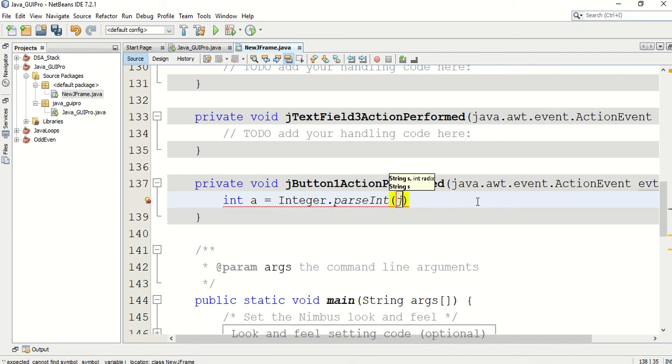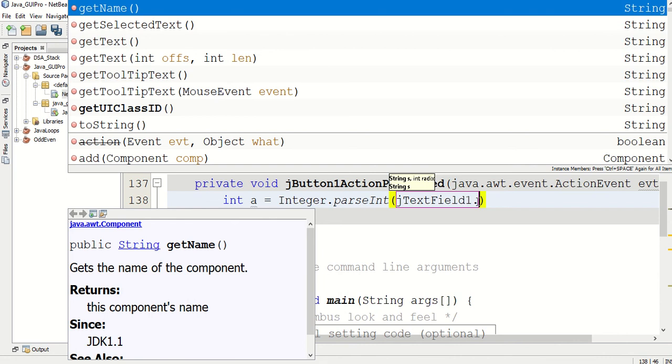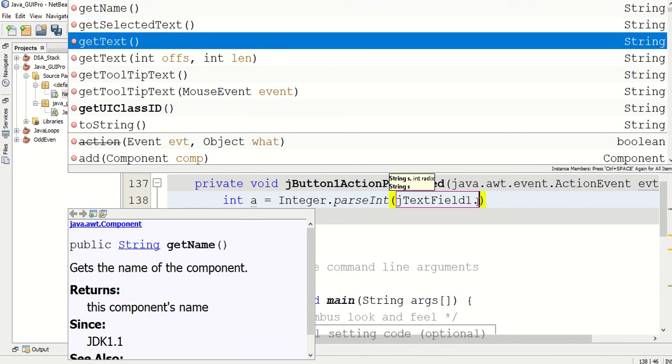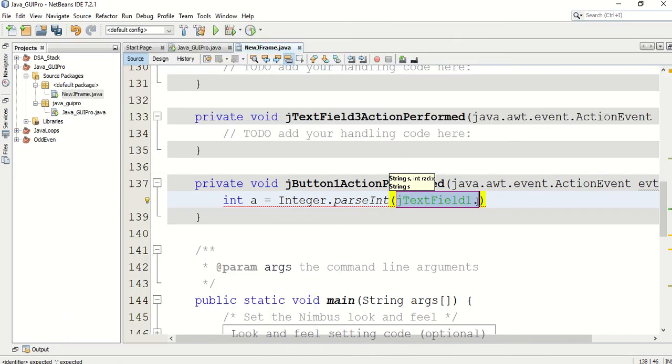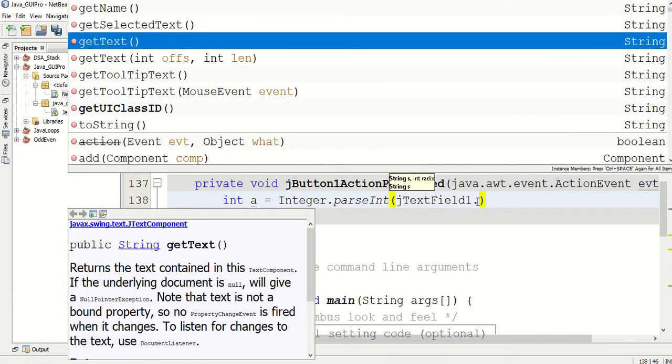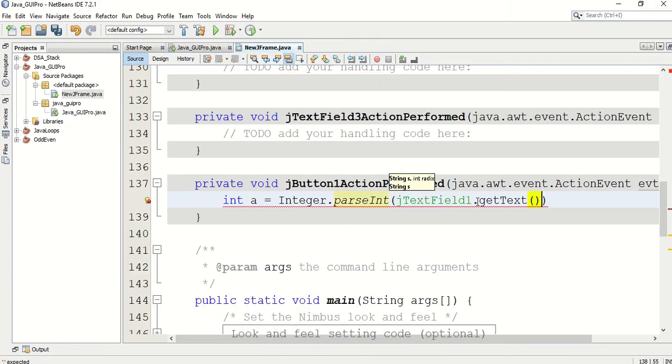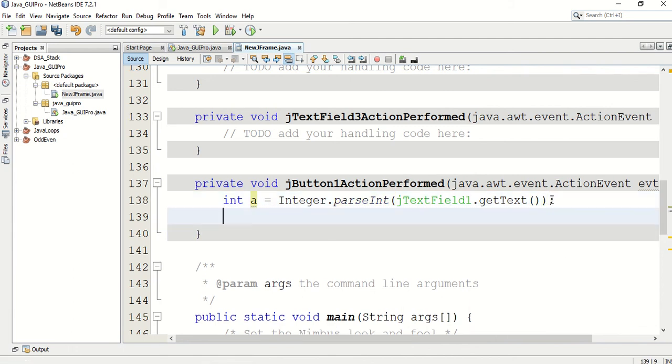So jTextField1.getText. Through the jTextField I am going to get that particular text. Once I get the text, it will be converted to an integer.